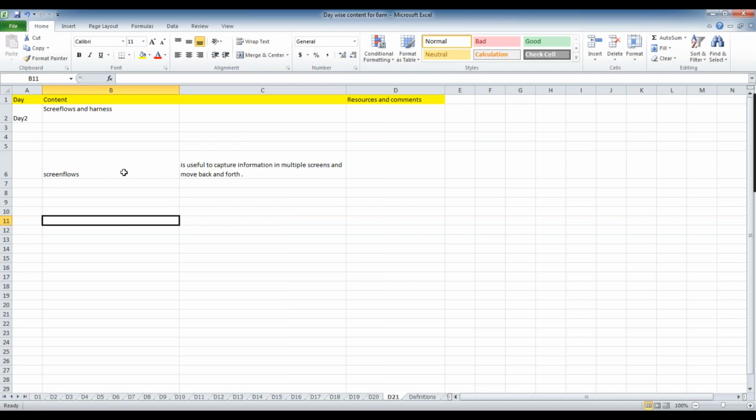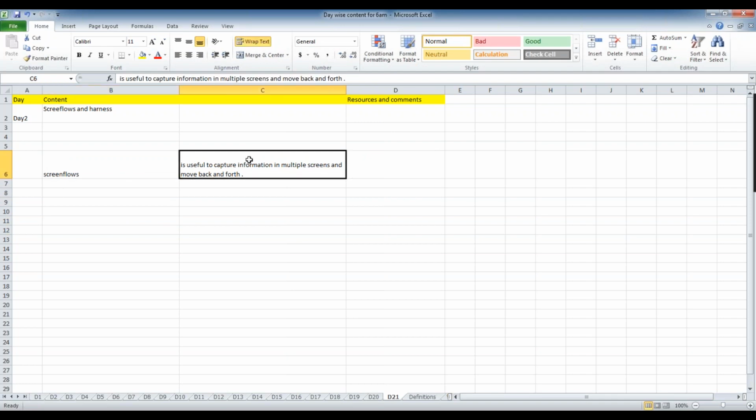Now we'll see what the difference is. How can we know whether it's a screen flow or a standard flow? The main difference is that we cannot create screen flows from the case designer.